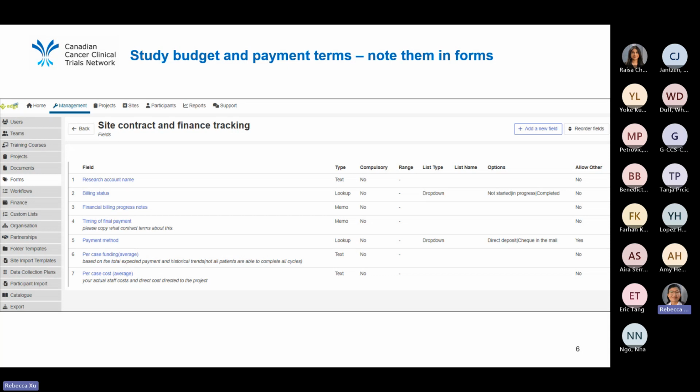But in reality, not all patients can finish all of them. So do you have a probability or percentage, based on your experience, of how many cycles a patient can actually finish for this type of trial? Then, based on that and on how many patients you're going to recruit, you can write down what the per case funding is on average. And then the per case cost. Even though you negotiate a lot of items with the sponsor, saying you need to reimburse this and that, and so on,